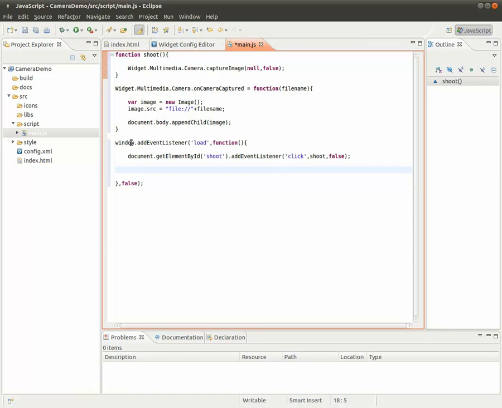Okay, the very last thing is to set the preview window. I'll do it using the set window method of camera object. So it's widget multimedia camera set window, and here I have to pass the reference to the object element that we've defined previously in index.html. Preview,